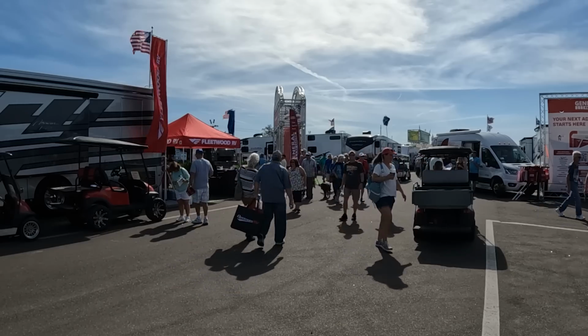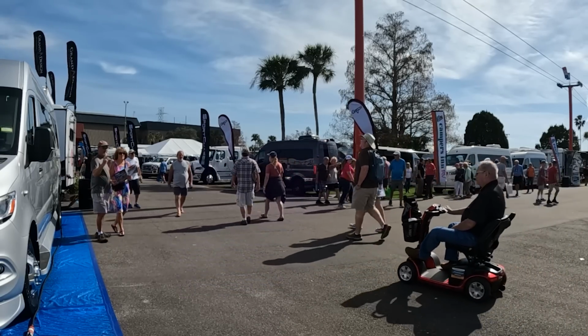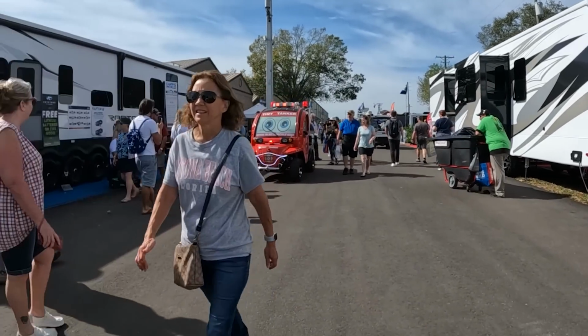We begin at the Florida RV Super Show, which is one of the two biggest shows of the year. It's just wrapped with early attendance numbers looking close to last year's record. No word on how RV dealers are faring with sales, but supplies, gear, and upgrades from vendors are apparently flying